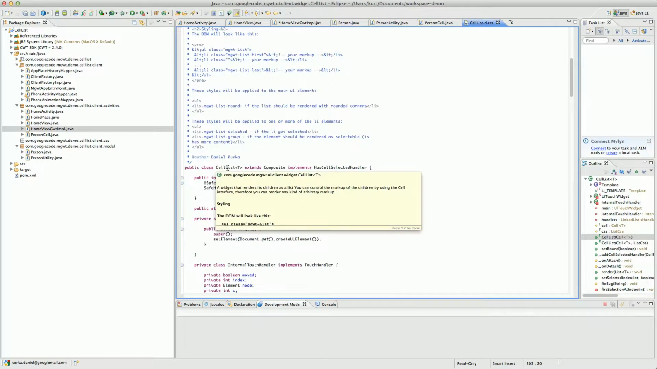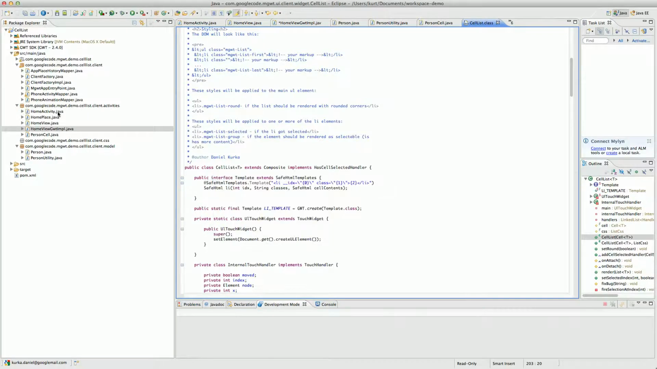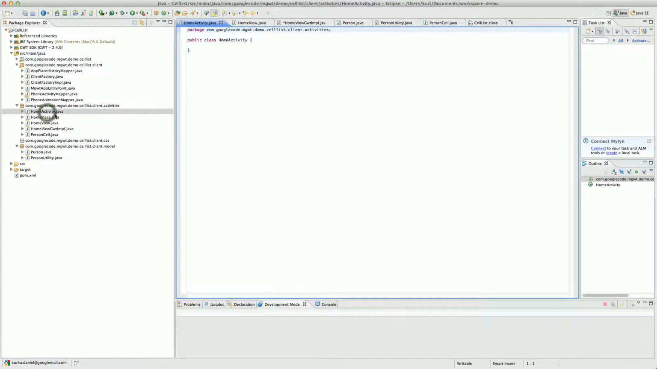This is properly explained here. You can see it just creates an unordered list with the things you do. Those are provided by CellList, the UL element and the LI element, while this here, your markup, is what you do inside your cell. This can be anything you like it to be. Okay, back to